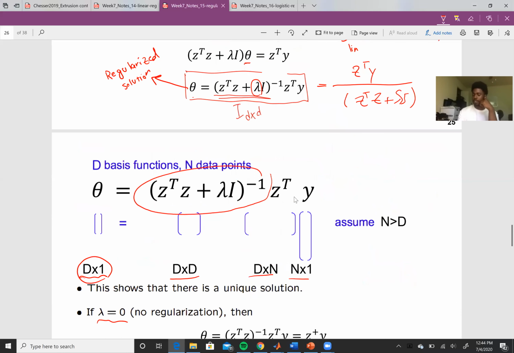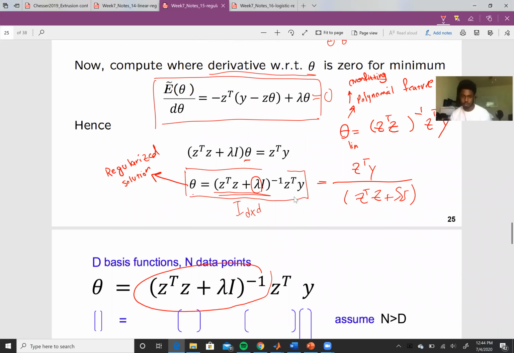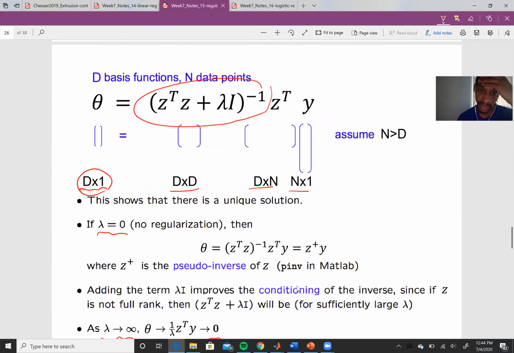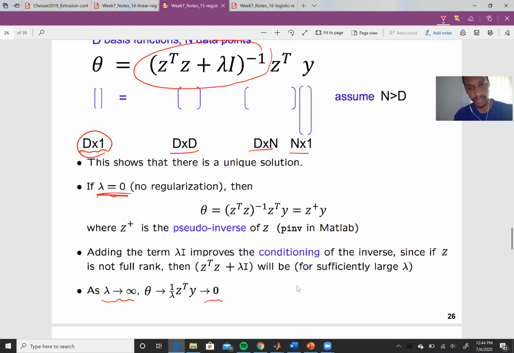Okay, and this is basically what we looked at for the linear regression, except now you can't do the pseudo inverse anymore. You would have to actually compute this inverse first and then do that. So if you're not making the function regularized, then lambda is 0, and you can just do the pseudo inverse of this thing. But adding this term improves the conditioning of the inverse,